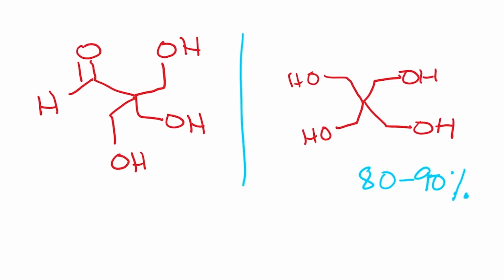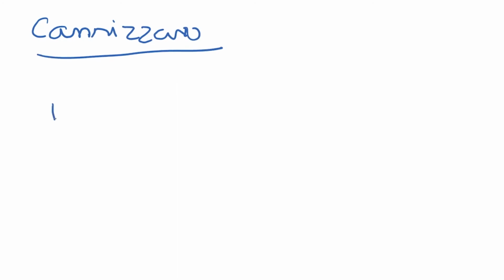So what is going on here? Just to understand, these three CH2OHs are also preserved here, and one of these aldehydes is now undergoing reduction to form the alcohol. Okay, so I think many of you would be very familiar with this reaction known as the Cannizzaro reaction. I think you must have studied this in your 11th or 12th, but this is the reaction that we are familiar with aldehydes. So when you have an aldehyde, RCHO, and what can happen is that you have the